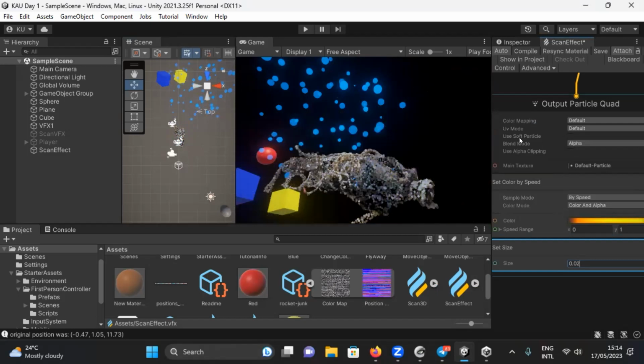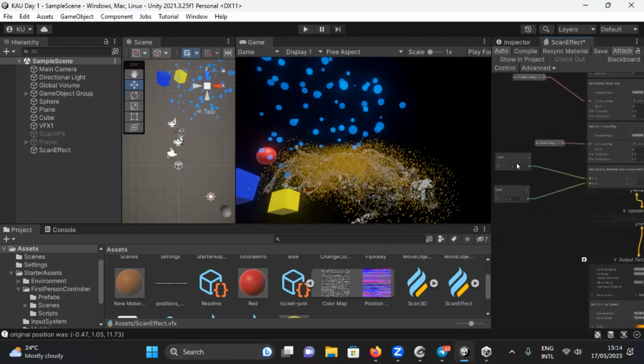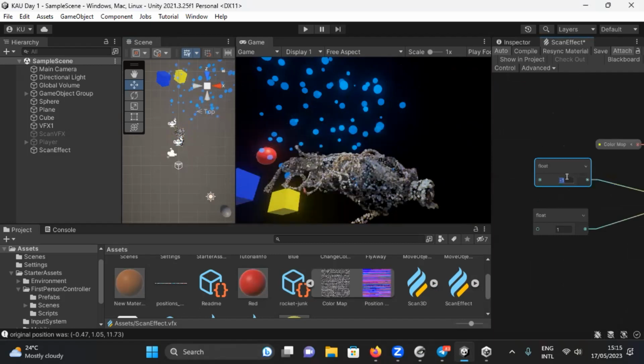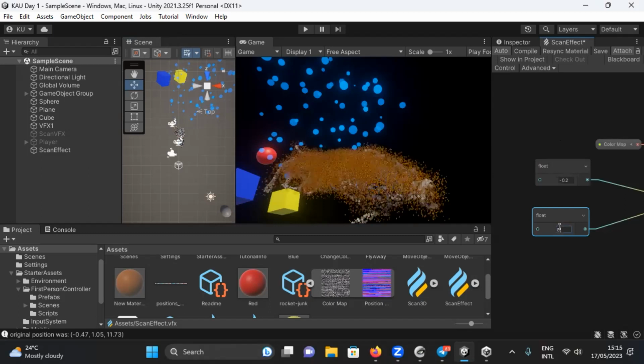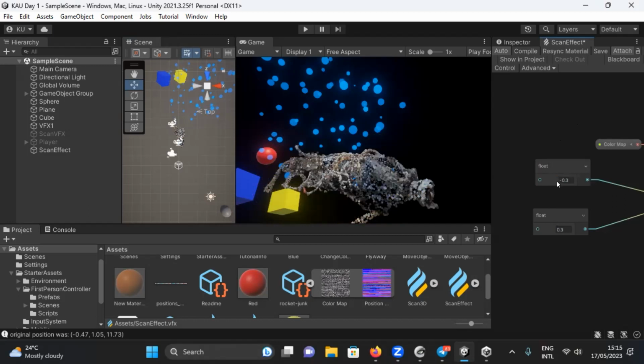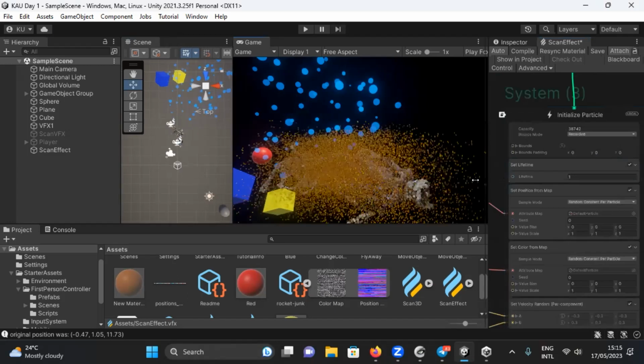So maybe the particles are too fast, they disappear quickly. I mean, they disappear because of the lifetime, but you can just play with the numbers somehow, and maybe the lifetime doesn't need to be constant 1, but